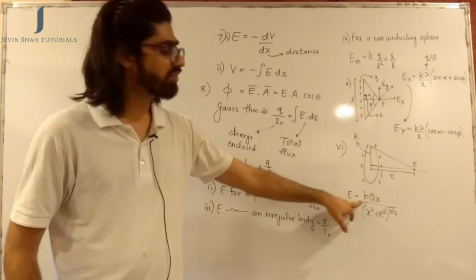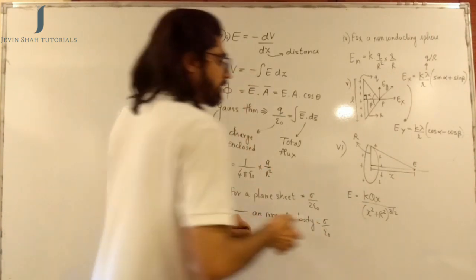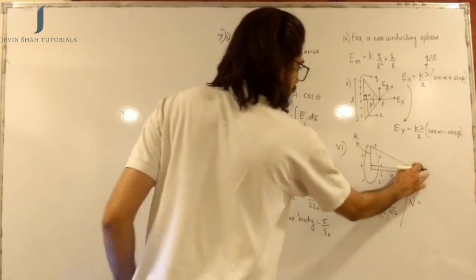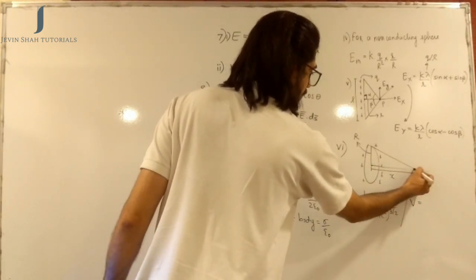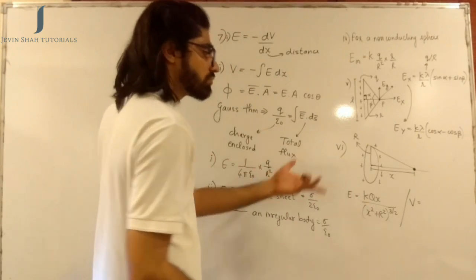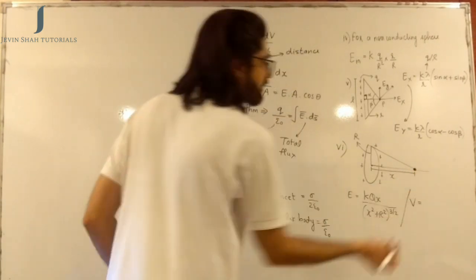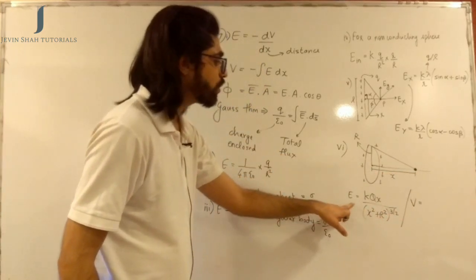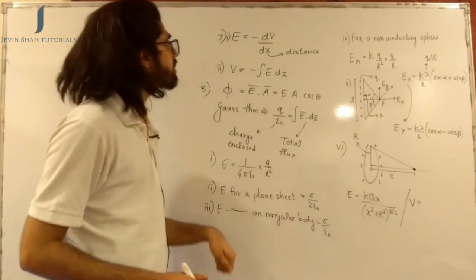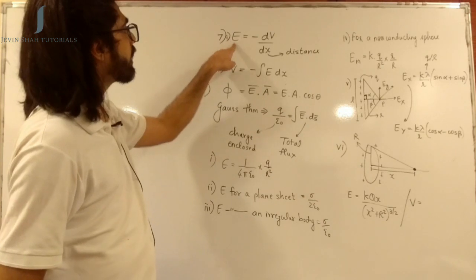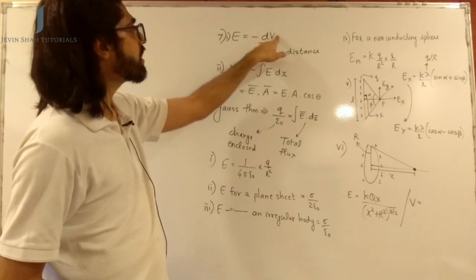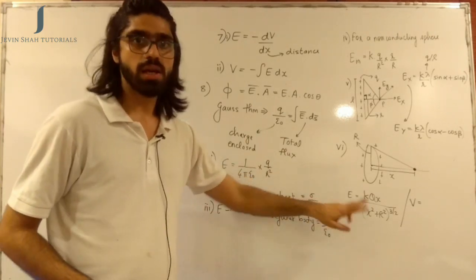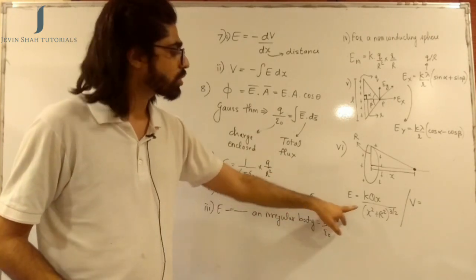So E will be this, and we will also learn the formula for potential at this point. Let's not call it point E, let's call it some point where we are finding the electric field intensity and the potential. If you want the potential at this point, then if you know E, can you find V? It's easy, because if you have a look at this formula, E was the derivative of V. So V is going to be the integration of E, with respect to x, and that too the negative integration.